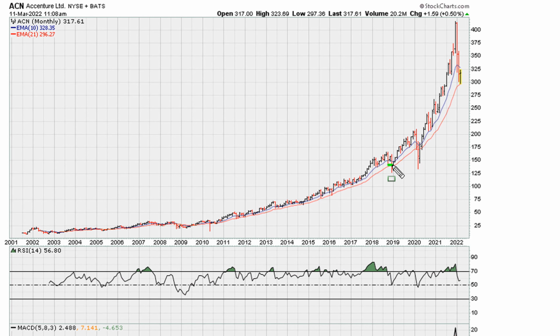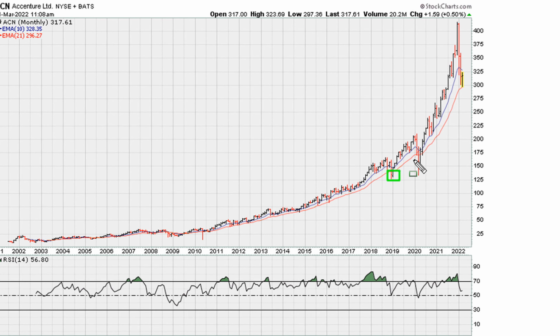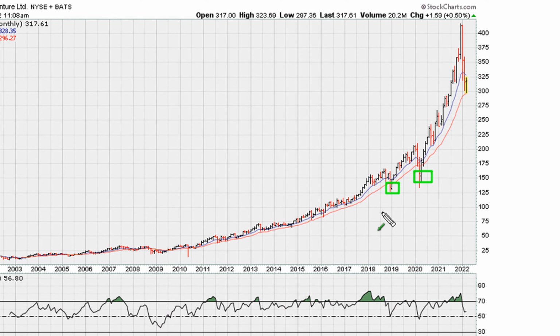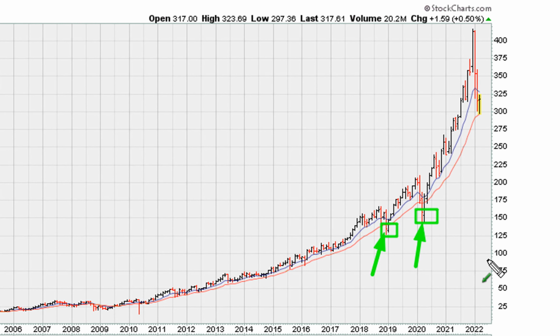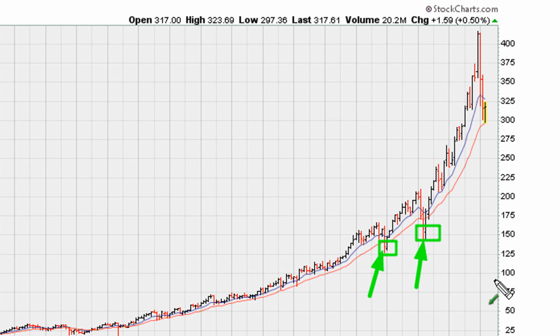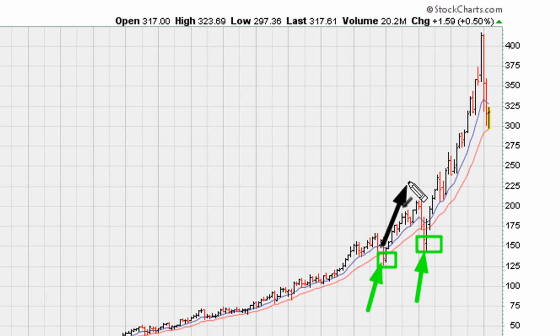A simple trick where you can buy here and here by copying what institutions do and giving you the best opportunity to buy major dips. It's a simple trick before these big time